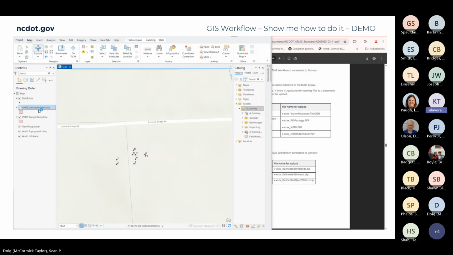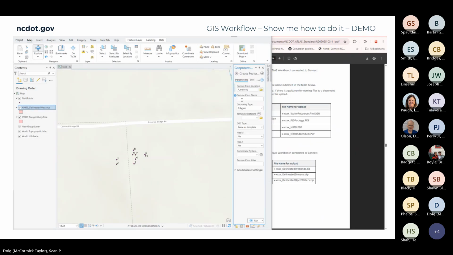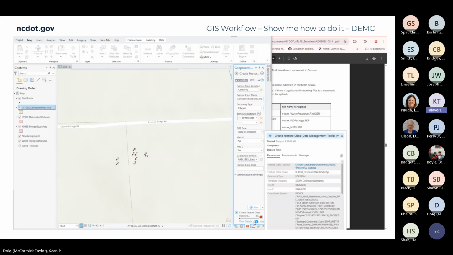And then in the catalog, you right click on your project and you're going to create a new shapefile. And in the shapefile, you give it the proper naming convention that's found over there on the right in the document. So you start with the TIP, underscore delineated, and then wetlands is the proper naming convention for this particular file. Then we're going to import the template that we have loaded. That's going to add those fields, update the coordinate system, and then hit run. So pretty easy